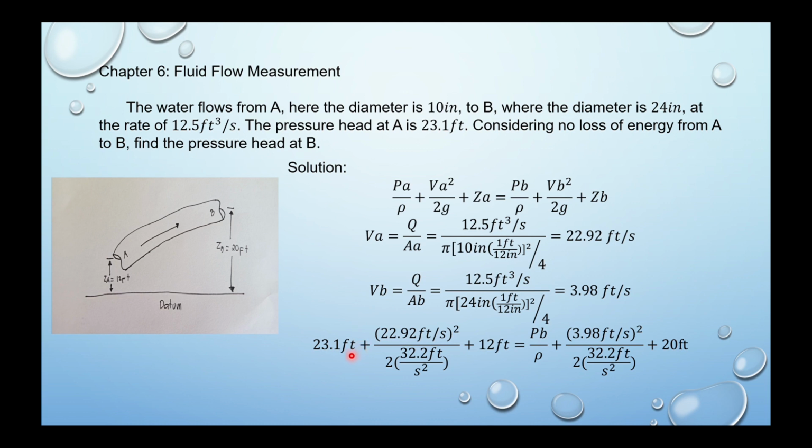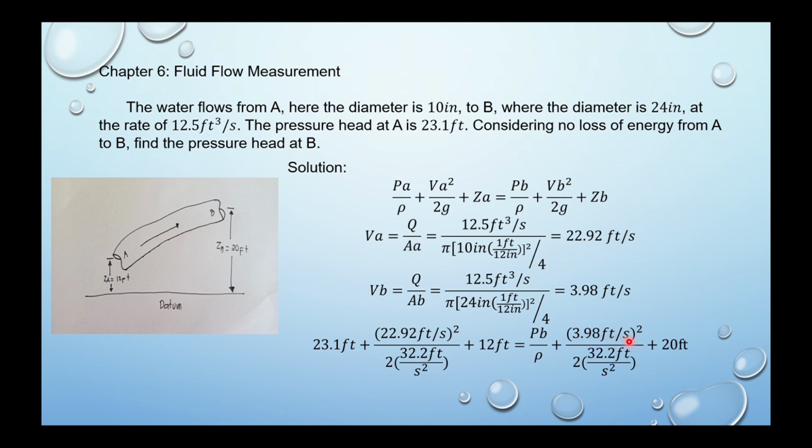So 23.1 feet, which is the pressure head at A, plus 22.92 feet per second squared over 2 times 32.2 feet per second squared, which is the constant gravity, plus 12 feet, which is the height of Z at A, is equal to P at B over density, plus